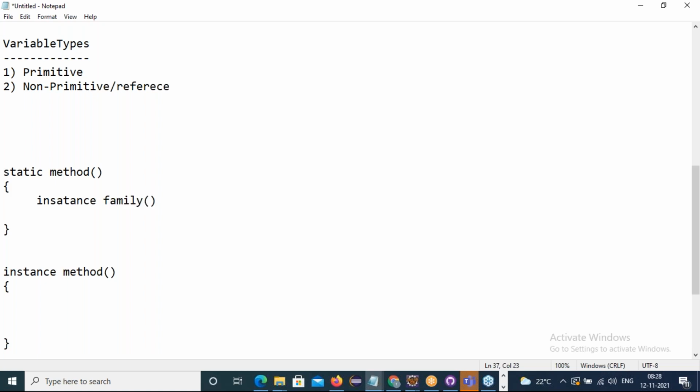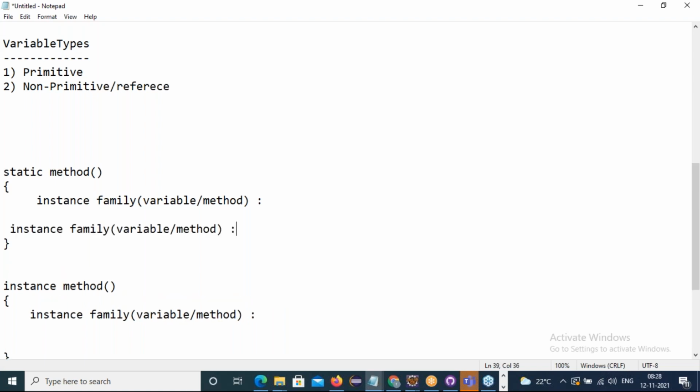Instance family means either instance variable or method. Object reference. Yeah, one second. Let me fill all those things, then we'll talk.